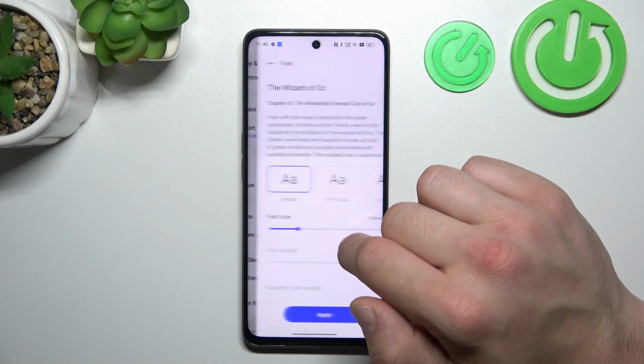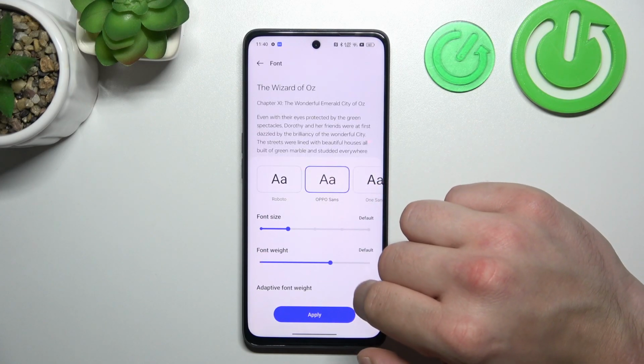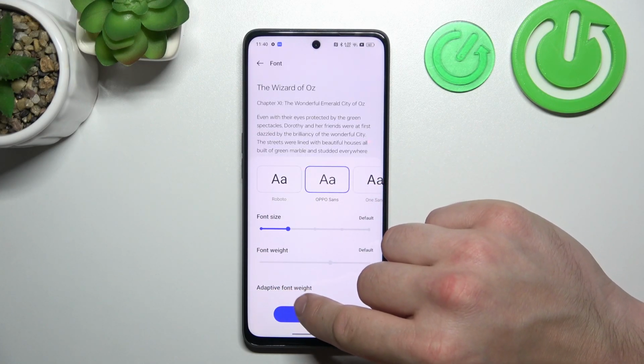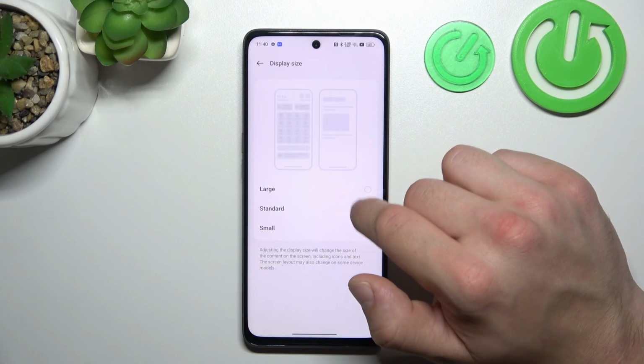Then we can change font size, font weight, and font style. Also we can enable or disable adaptive font weight. Next we can change display size,